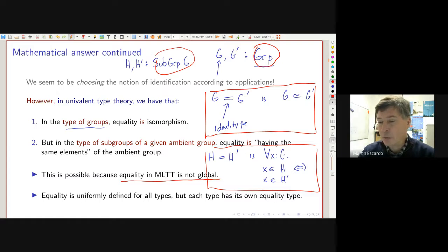So how we define equality in a uniform way for all types, and how we can define different types, for example, this one or this one and many others. I have lots of examples in this talk and the slides, but I'm not sure how many of them will make it through to the talk.